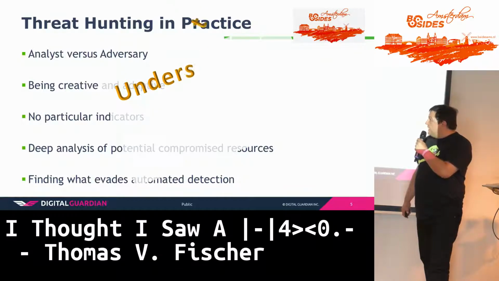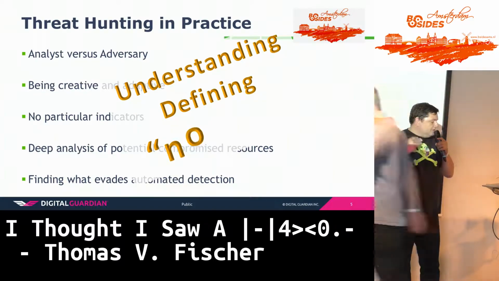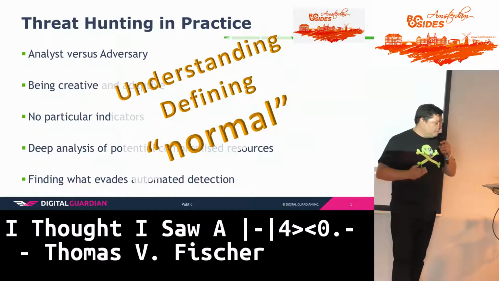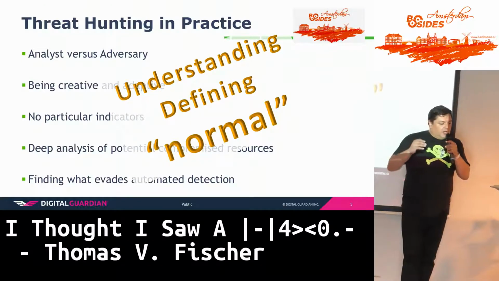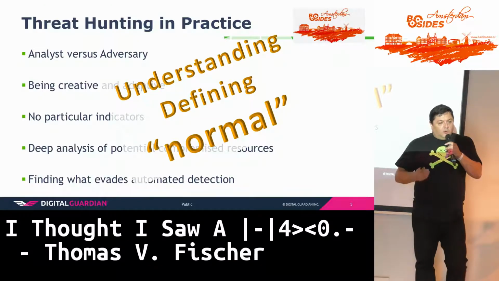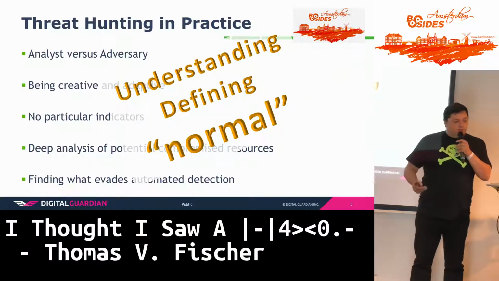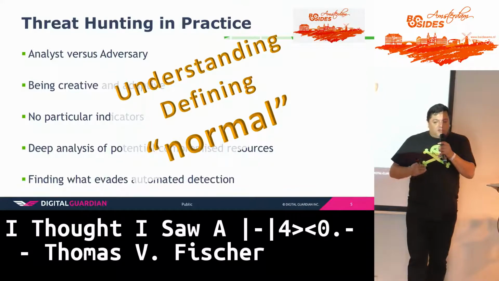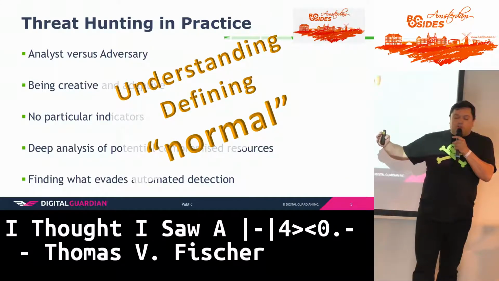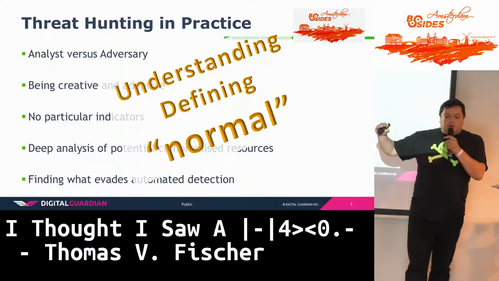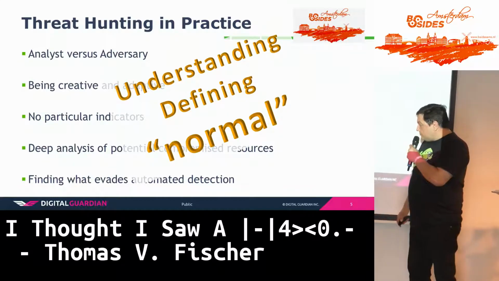One of the things that you need to understand is that it's really about understanding your environment, defining what you're looking for, and then applying a baseline of normal to your environment. So to address threat hunting, you need to understand your environment. You need to understand what's going on in your network and on your endpoints. So you need to have a normalization of events that you think are supposed to be in your environment versus those that aren't supposed to be.